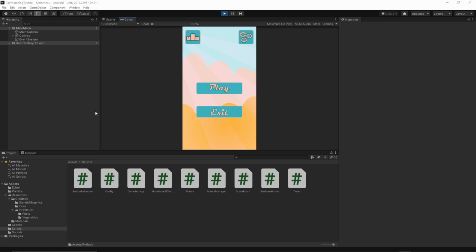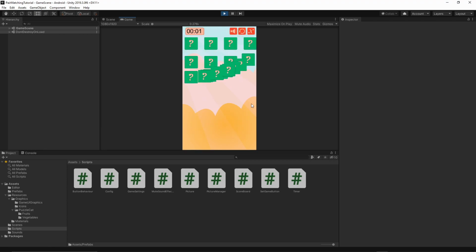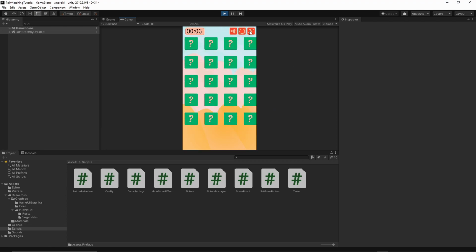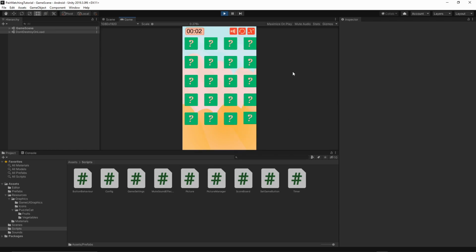As you see in our current project, we can start the game as normal. So in our set game scene, we can select the pair numbers and then category and the game starts. But what we want to implement today is once the player selects the pairs number and the category, there will be like a full screen ad played, and after that ad disappears, the player will be able to carry on with his game. So in today's episode we will concentrate on the Unity advertisement, and in the next episode I